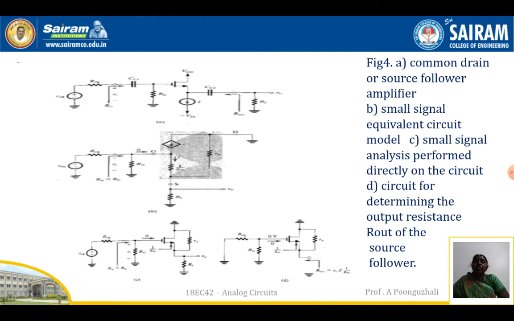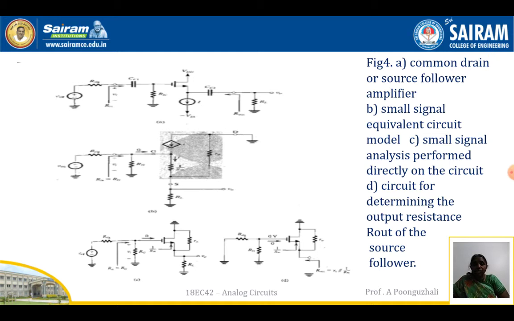So when I draw the signal source, all the voltage sources, that is the biasing voltages, should be made to ground. The biasing voltages here are nothing but the VDD voltage and the minus VSS voltage, so those are going to be made to ground. Then we are going to draw the equivalent circuit. The MOSFET is going to be replaced by a current source and the resistance 1 by gm, where we are going to have a parallel resistance R0 present. So we are going to take the T model there.